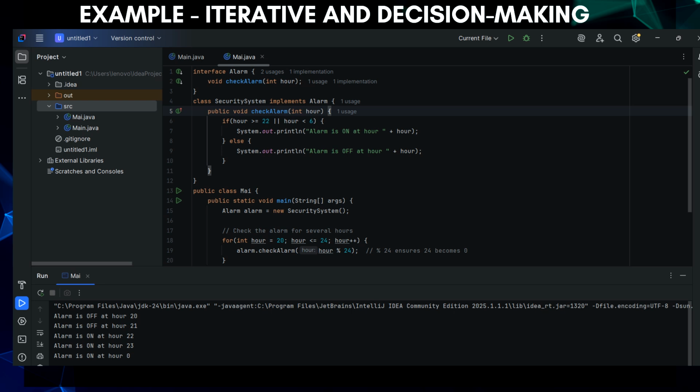In the main method, we create an Alarm reference and assign it to a new SecuritySystem object. Then we use a for loop to check the alarm from hour 20 to 24. We use modulo to ensure that 24 wraps around to 0, simulating a 24-hour clock. This example shows how decision making with if conditions and loops can be implemented inside interface methods, making the behavior